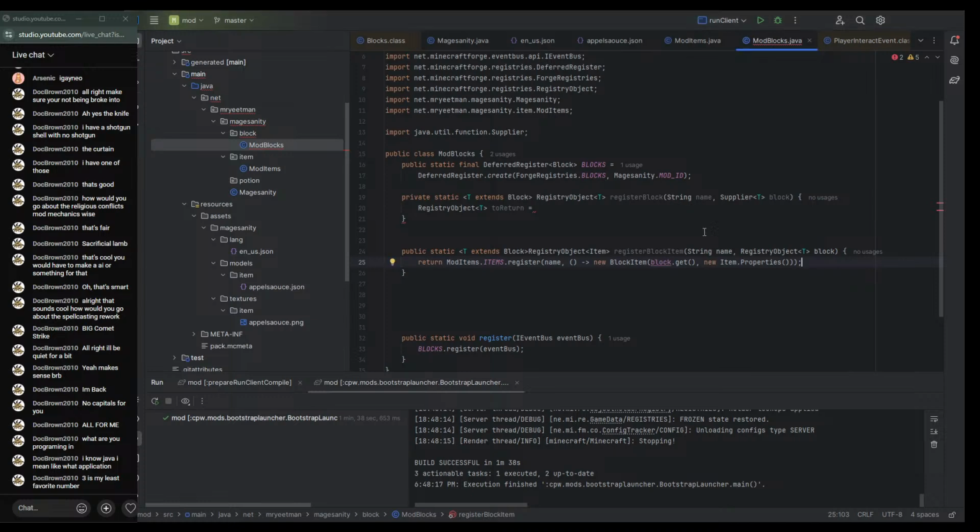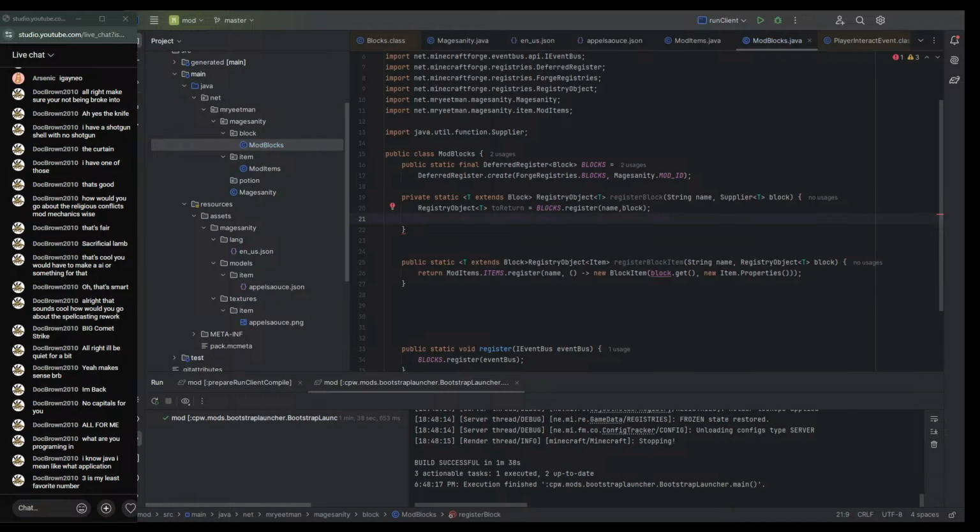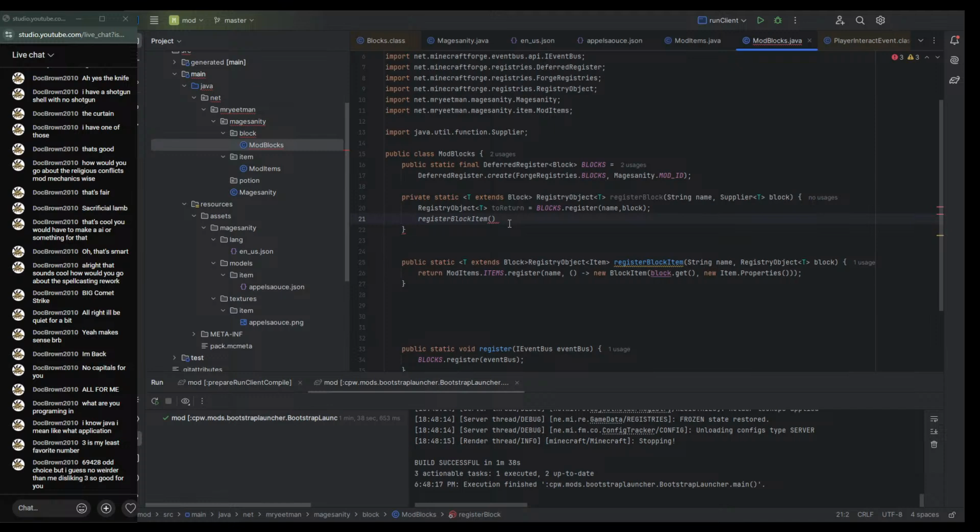What is this? Oh, right. To return blocks.register(name, block), and then it would be a semicolon, go down, registerBlockItem. No, it's just